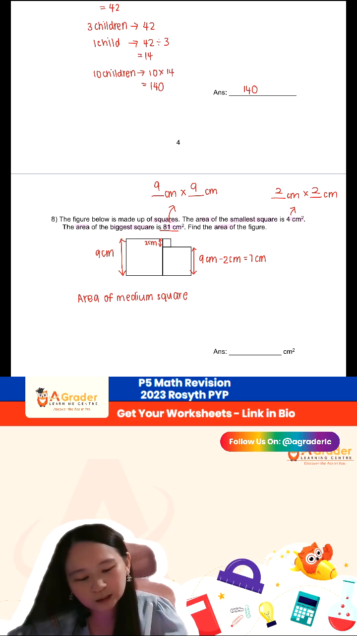So the area of the medium square, 7 centimeters times 7 centimeters,